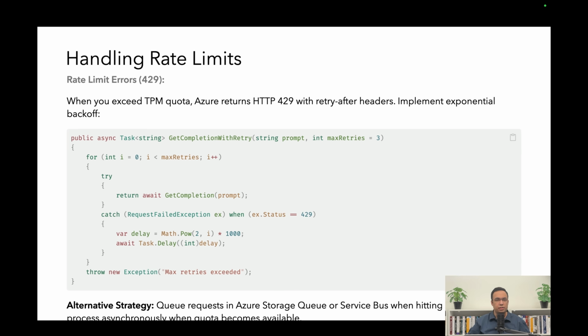For real time user facing applications, exponential backoff is better because users are waiting for responses. For background processing, queuing is often much more elegant because you can optimize throughput without concerning users with the repeated